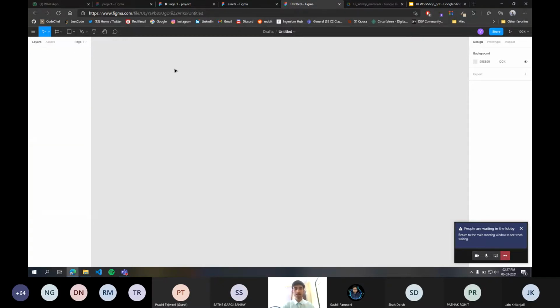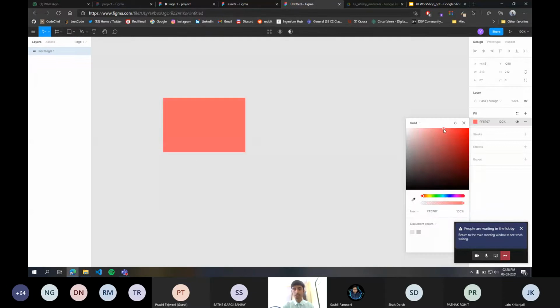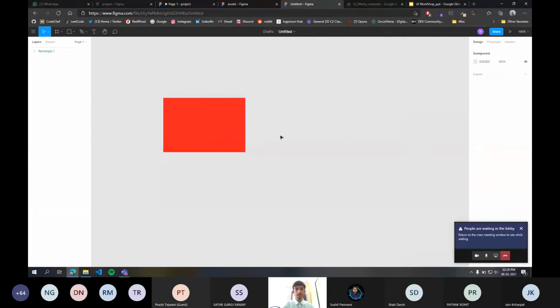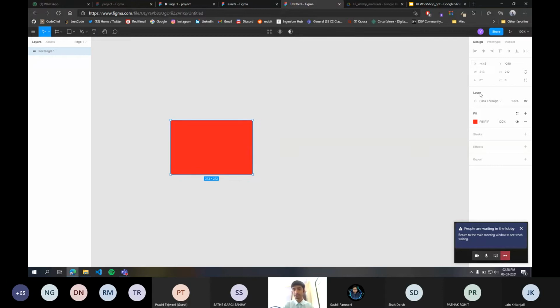And now regarding this design tab, let me first just draw a basic rectangle. Okay, and let me fill it with, let us say, red color. Okay, so now if you select this rectangle element from this layer panel, on the design panel on the right hand side, you can see all of its properties that you can alter. Okay, x and y coordinates are the coordinates with respect to this entire workspace.